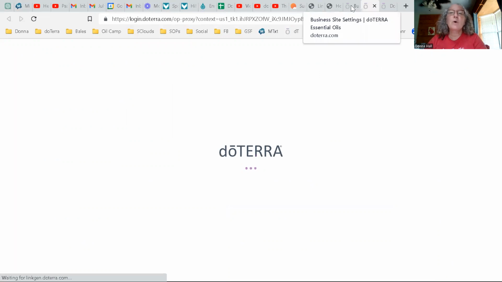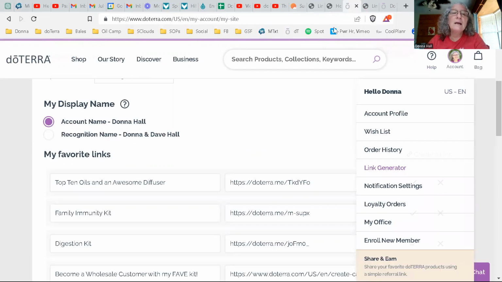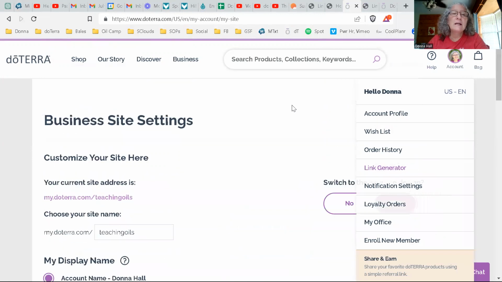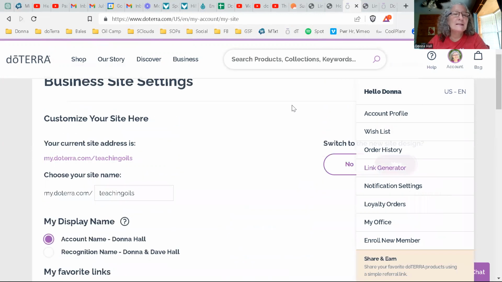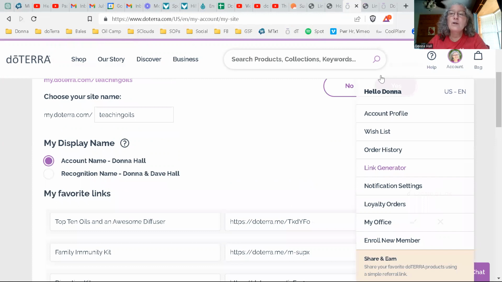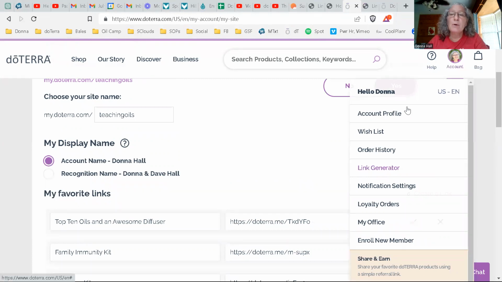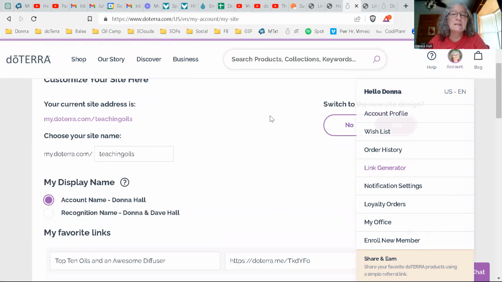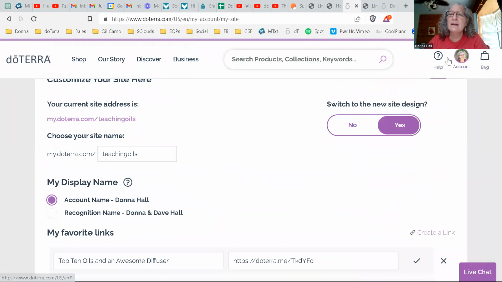All right, so what 3 tabs do you have open? Tab number 1 is your business site settings that you got to by going to Account Profile and then scrolling down to Business Site Settings. I don't know why that's down. There you go. And this is where you're going to actually be pasting all of the different